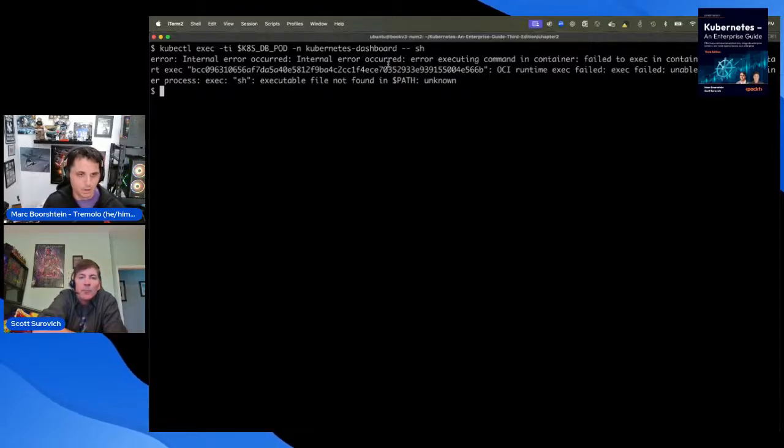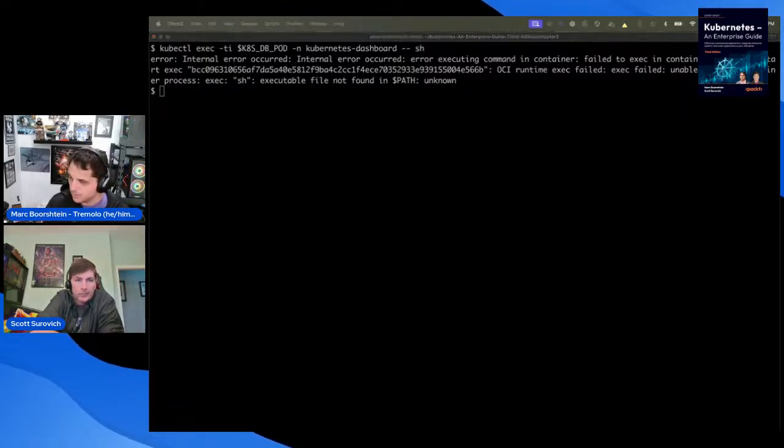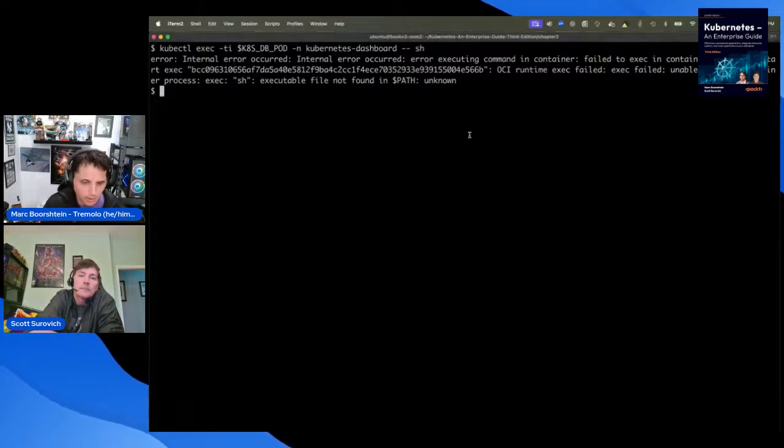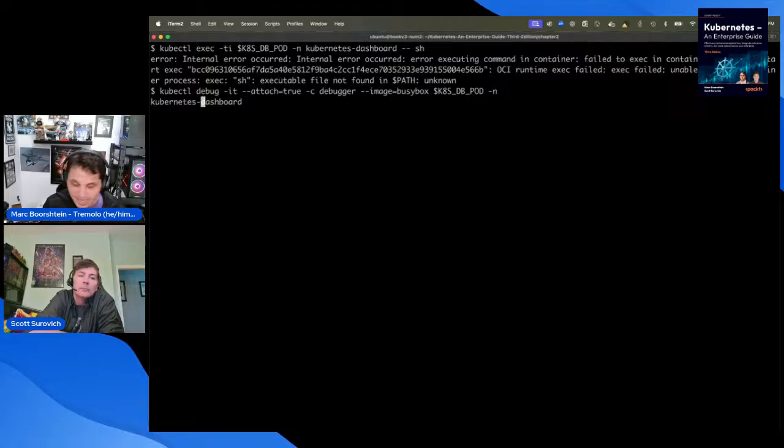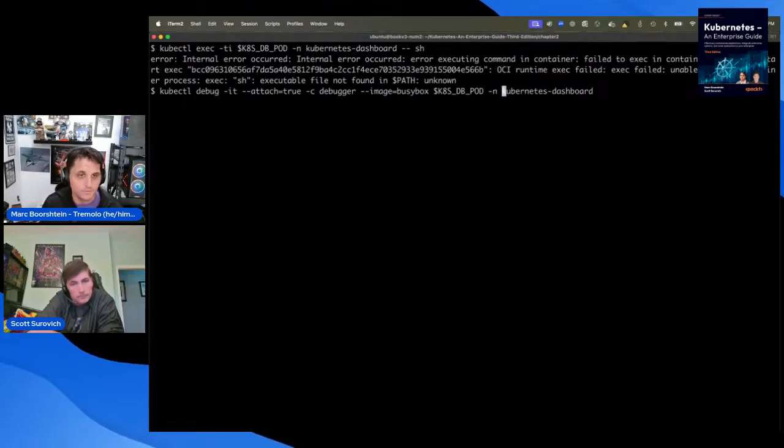So if something goes wrong, if the dashboard, let's say, can't reach the API server, how do you debug it? Well, that's where debug containers come in. Going back to chapter one, when did we do Docker? Docker is chapter 1, yes. So we did Docker exec, to be able to attach and get into a running Docker process. This is the equivalent of that.